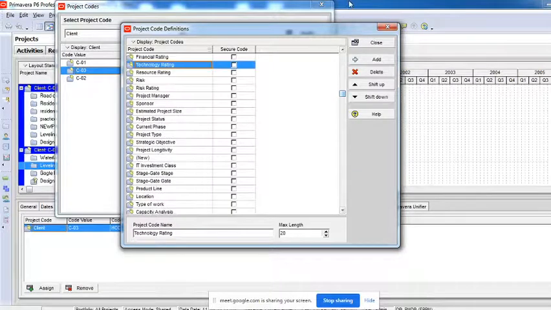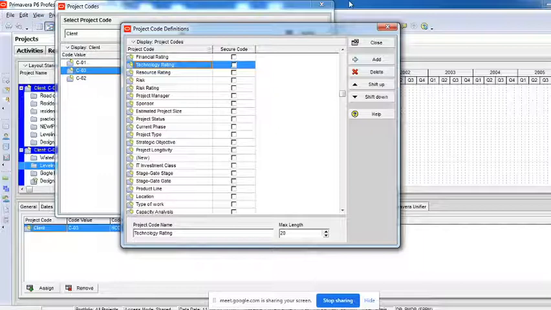Yes, I want to. Every company wants to know the projects which are really performing good in terms of financials, the projects which are doing okay in terms of financials, and the projects which are not at all performing good, or underperformers. So with respect to the financial ratings, we can do that.